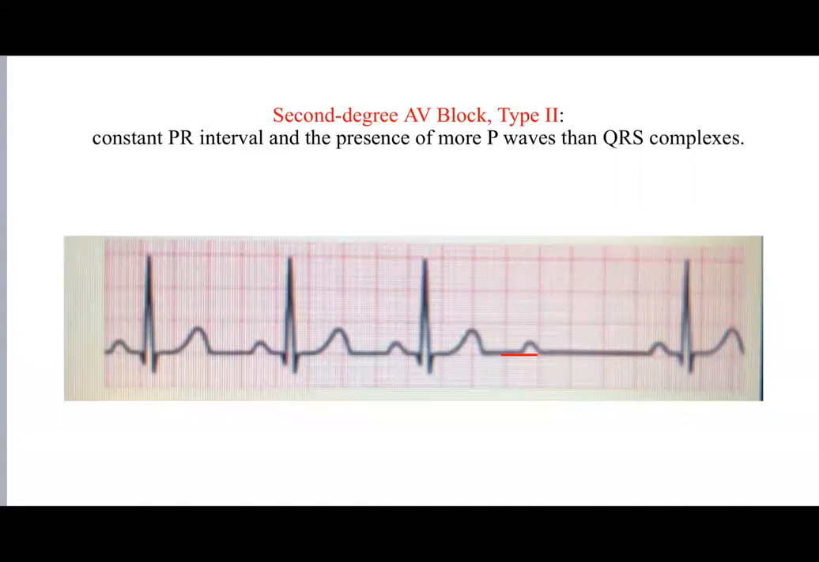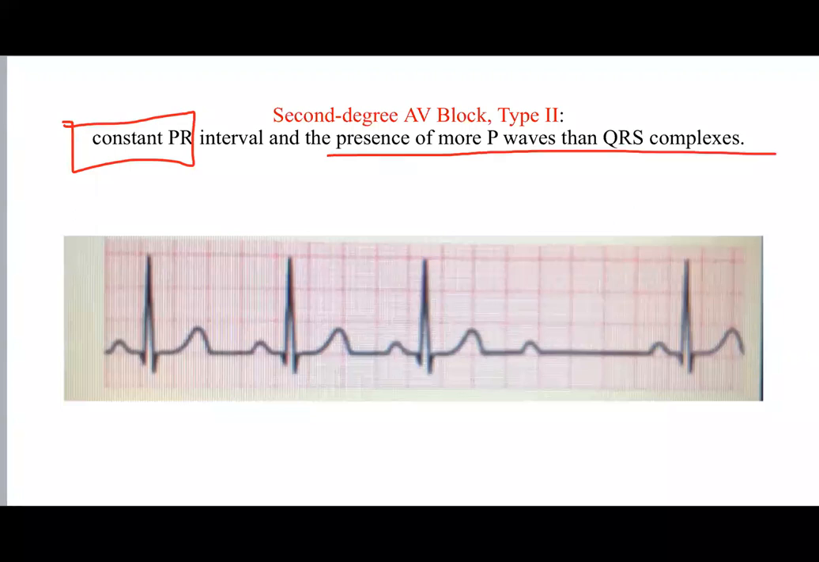Okay, in type 2, things are a little different. In type 2, the PR is going to be constant, but you're going to have the presence of more P waves than QRS complexes, right? So basically the difference between one and the other,